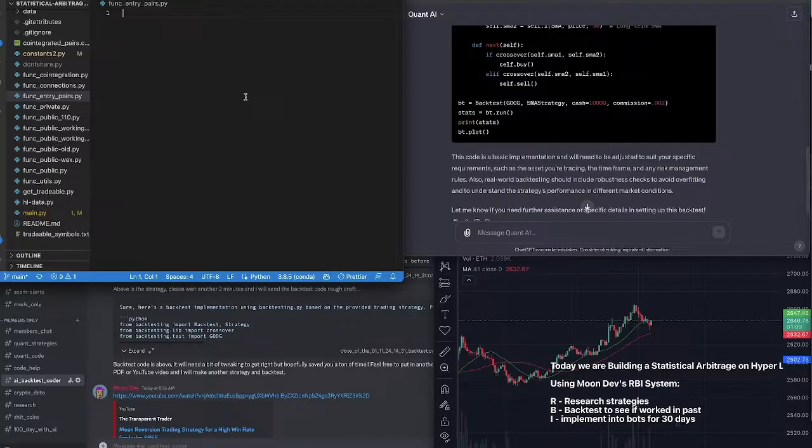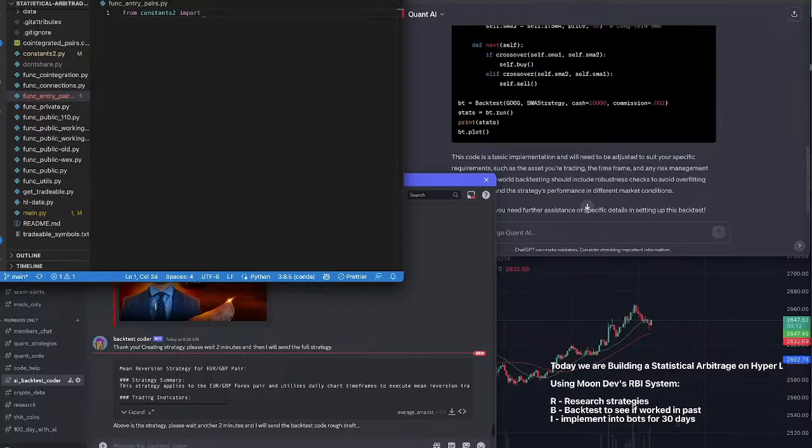You can see this AI just outputted the strategy. It's going to work on the backtest now. So I want to go ahead and start coding out this func entry pairs. And there's a lot actually here we need to do. So we need to say from constants import constants 2 actually, import Z score